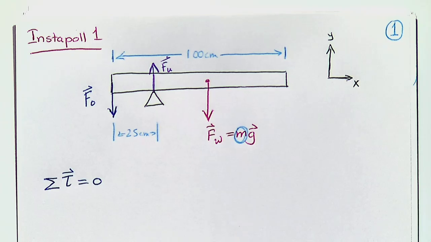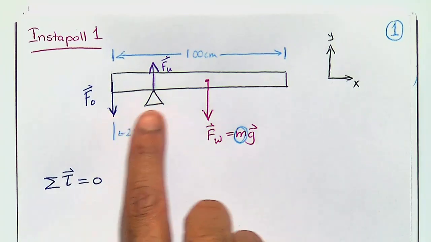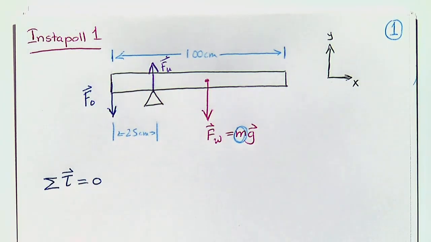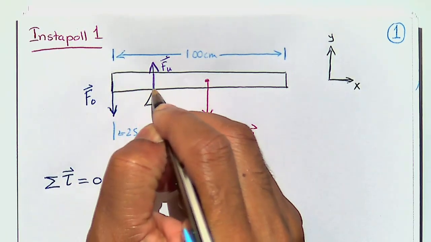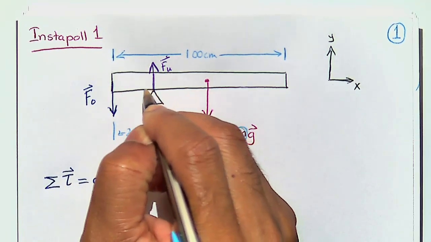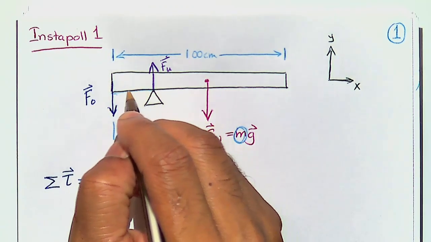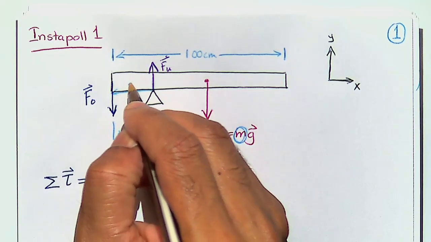Let's pick this force, right? So this force here. How do I calculate torque? I need to find the distance, right? So from this point, I need to find the distance to the force, right? Going from here to here, that becomes my R, right? So I'm going to draw it very lightly because I don't want to draw too many things on the diagram. So that's R,